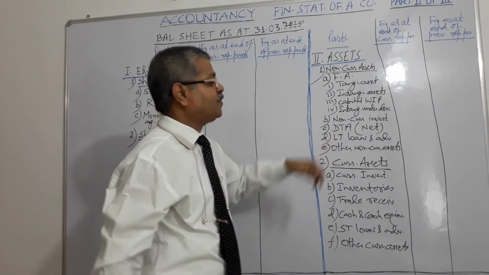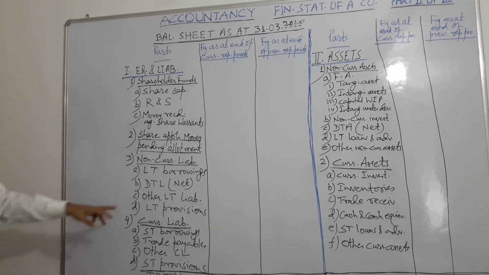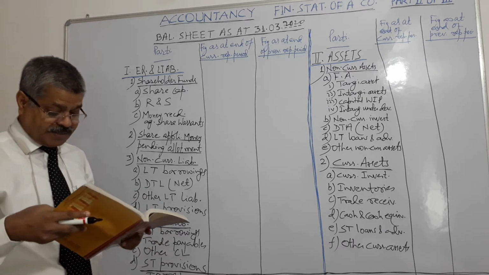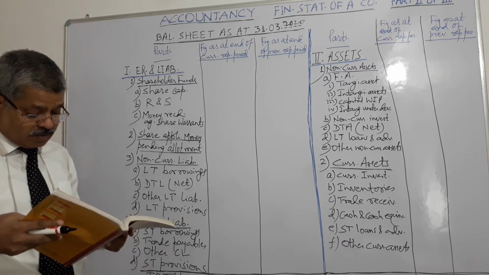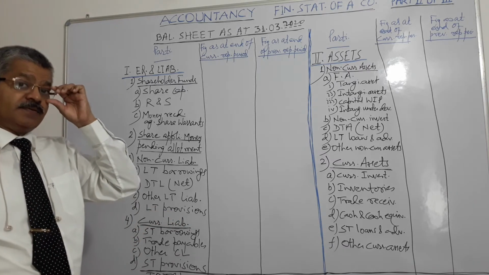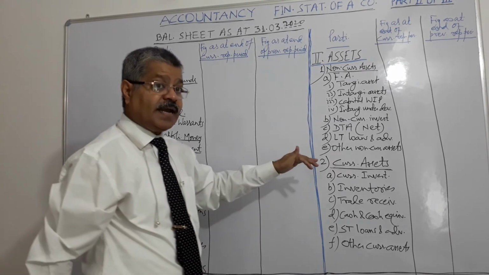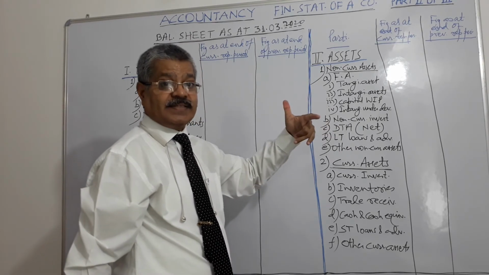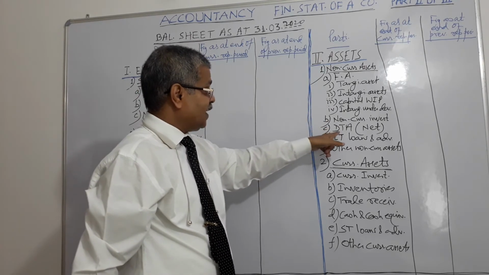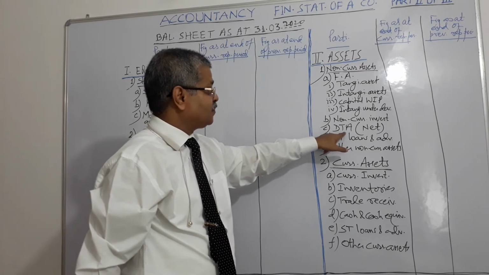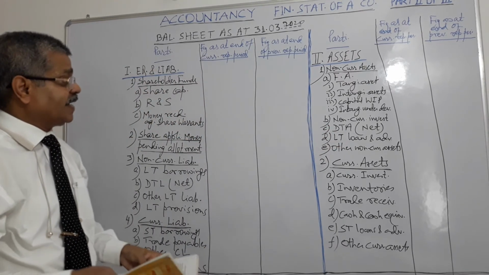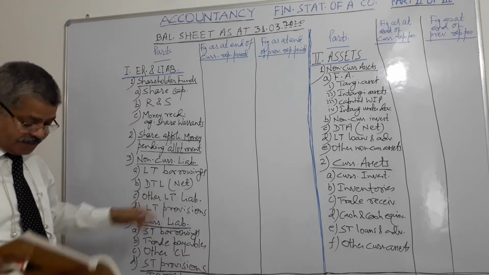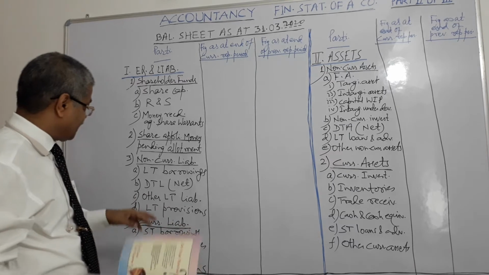Deferred tax assets. Exactly opposite of deferred tax liabilities. It is an item on the balance sheet that results from overpayment or advance payment of taxes. Right? The company had to pay X taxes, but the company had paid more than X taxes. Right? So the excess amount of the taxes paid will come here, deferred tax assets. It is the opposite of deferred tax liability, which represents income taxes owed